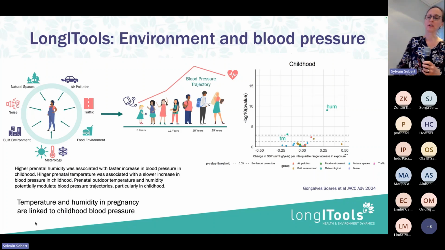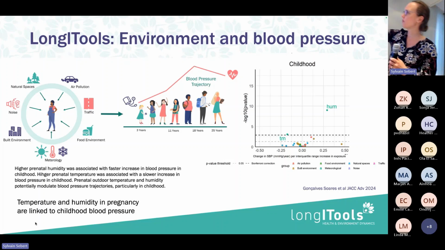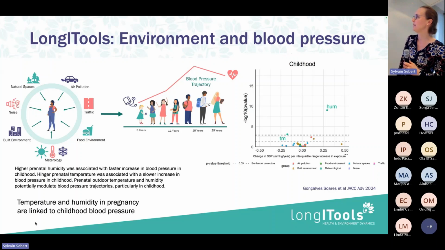The primary analyses were done in LSPEC and then repeated in 4 other cohorts and confirmed in those cohorts. And basically what was found, you can see it in the graph on the right. If you look at the dots, every dot represents some environmental exposure. We're interested in everything that's above the dotted line. There's a green dot here, there's a green dot there that represents the main findings of the study. Basically what you're seeing here is that temperature and humidity during pregnancy are associated with blood pressure development